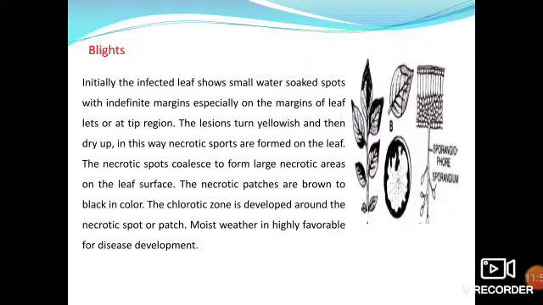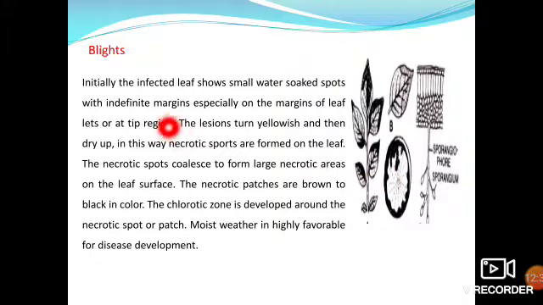Next thing, that is the blight. Here this is the example of late blight of potato. Okay, this is a very important disease. Due to this disease, a famine occurred in one country, and the name of that country is Switzerland. Millions of people died due to this disease, the late blight of potato. Historically, this disease is very important, and it is caused by Phytophthora infestans.